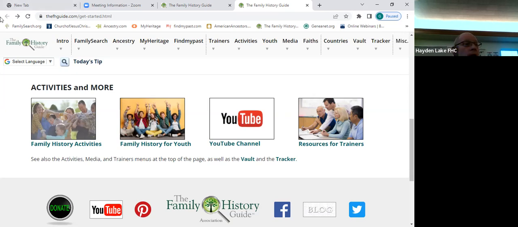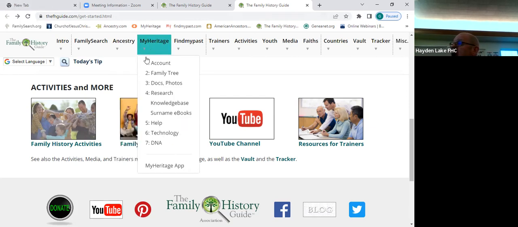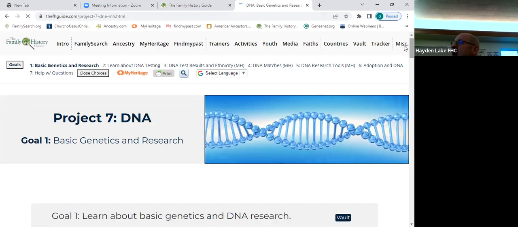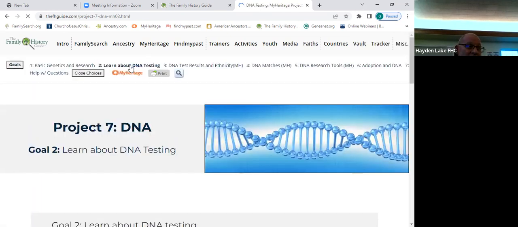Does it tell how to do that in here? If you go here where it says DNA, for MyHeritage, up here it says basic, learn about DNA testing, DNA test results and ethnicity, DNA matches, DNA research. Let's see, I don't know for sure which one it is because I've already done it. I did it on my own, so I didn't have to use this to do it. But